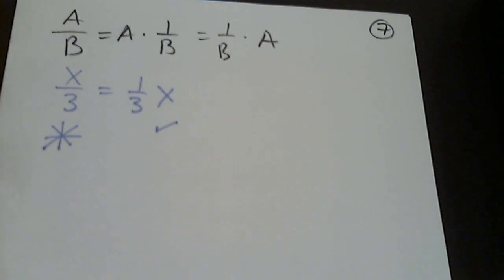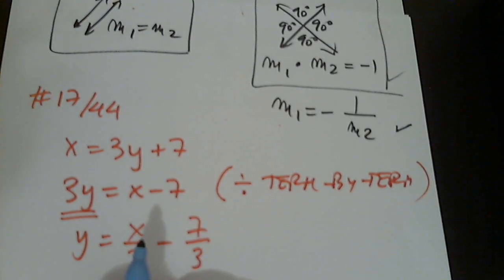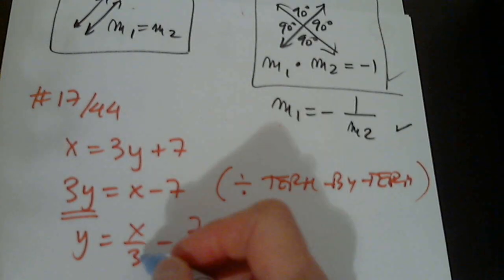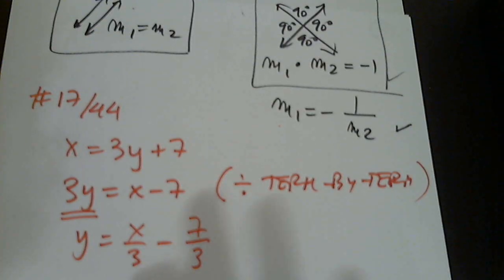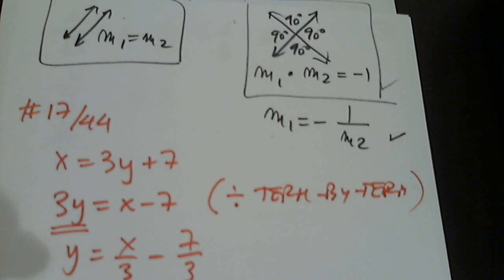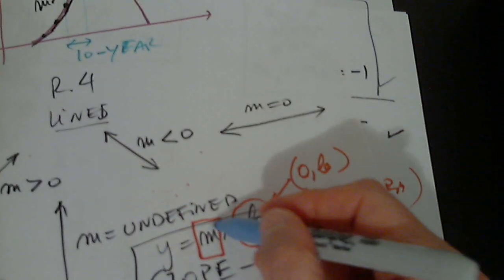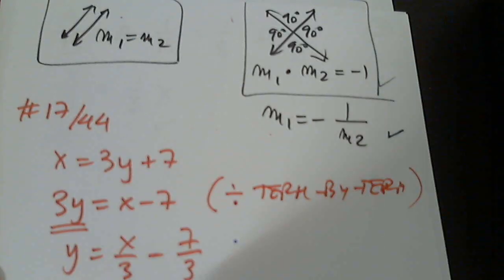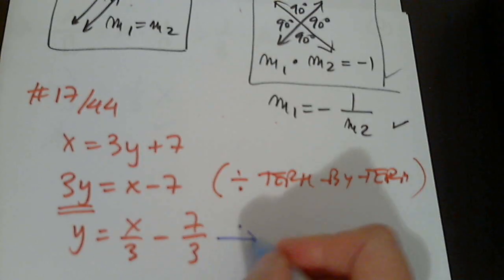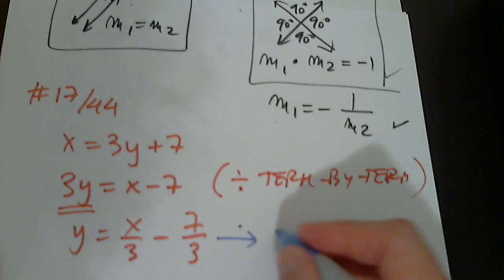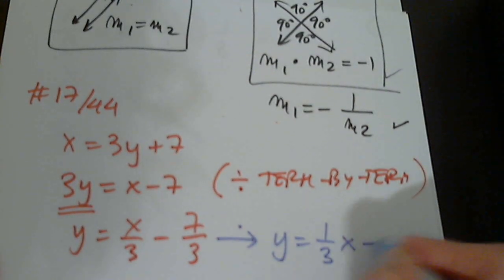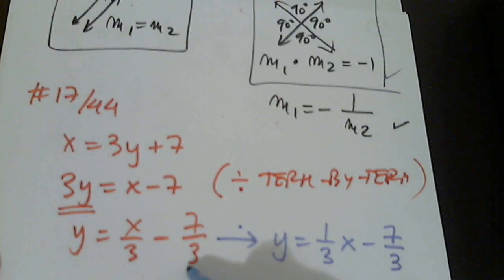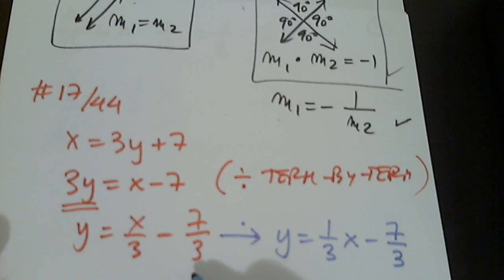So if we don't rewrite it, some students may say, oh, the slope is x over 3. No. The slope is only the number in front of x. So therefore, I have to be prepared to look at this and say, oh, I know, it's this. Of course, there is no reason to do anything with negative 7/3. Only now, by comparison,